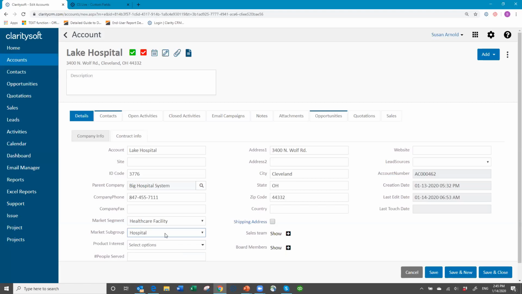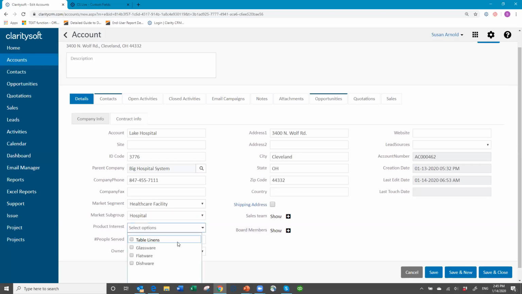So this drop-down dependent would allow you to do that. All right, and then the product interest, I'll just say they're interested in all these things again. The number of people served, I'll just say,